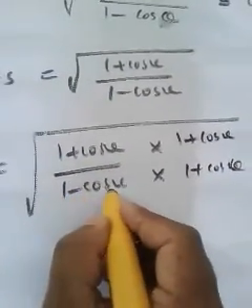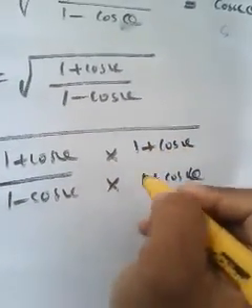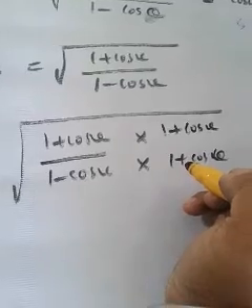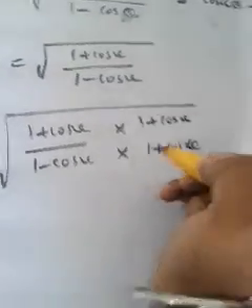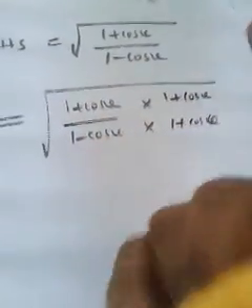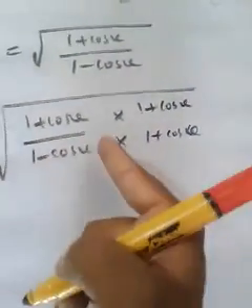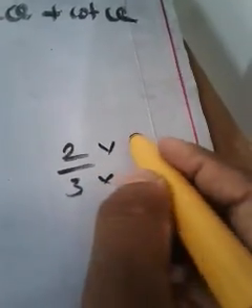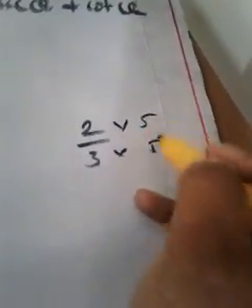Suppose if it is 1 + cos θ, we will multiply with 1 - cos θ in that way. Okay, are you following me? Yes. Now just see, you can ask me why we are multiplying like this. You will get understood in the very next step. So can we multiply like this? Yes, of course. 2/3 is a rational number. You can multiply the numerator and denominator with the same number 5 or same number. It should be same number. So in this way the process is possible.